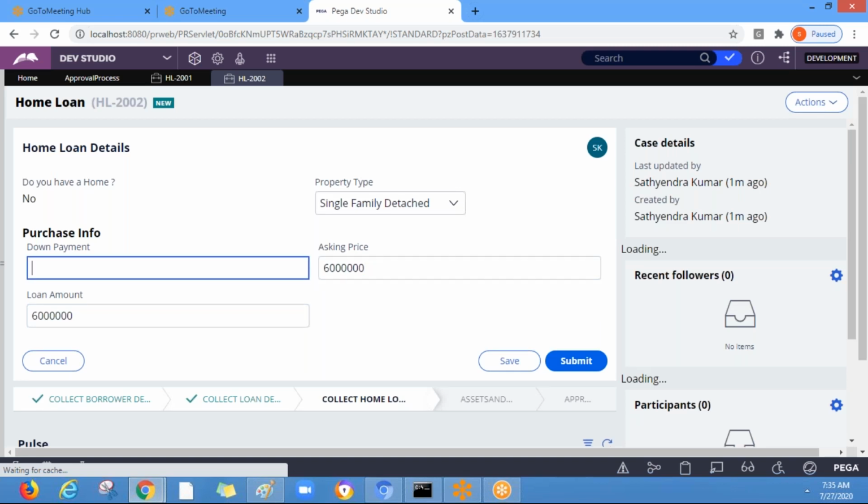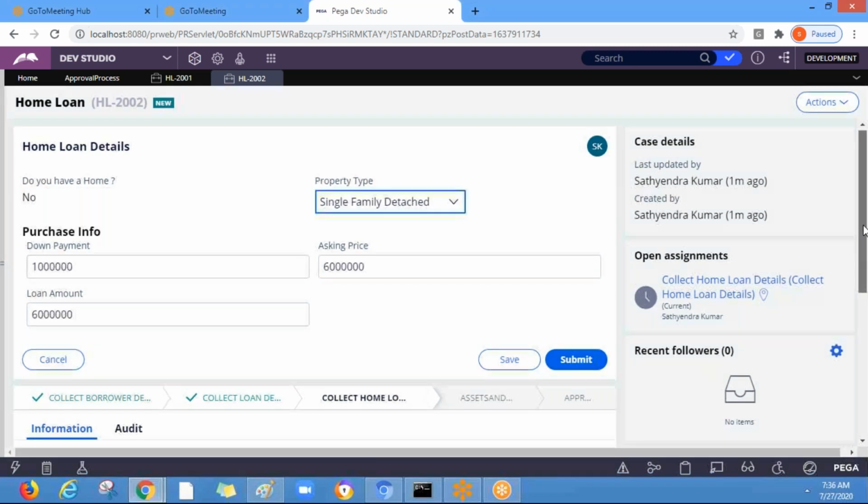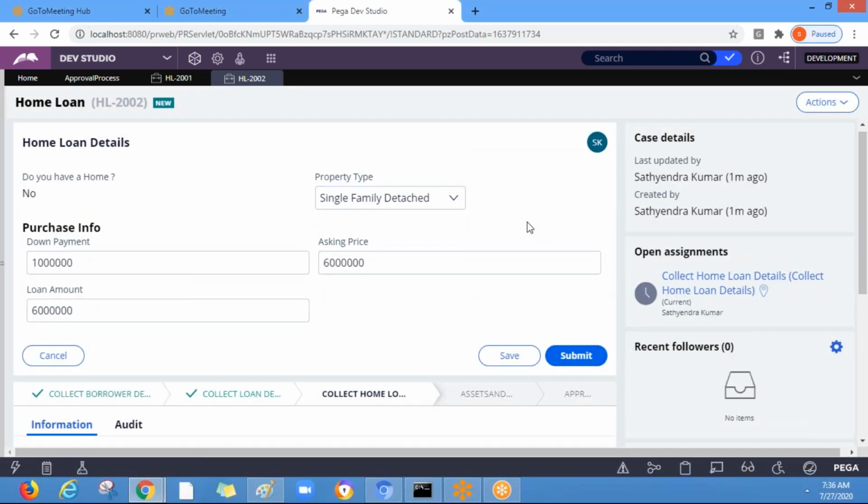So enter 10 lakhs as down payment. Sir, why is the interest rate not being calculated sometimes? It seems to be a refresh issue, so we'll see. Okay, when you change the values, put the refresh condition, it will work. So let's submit it.